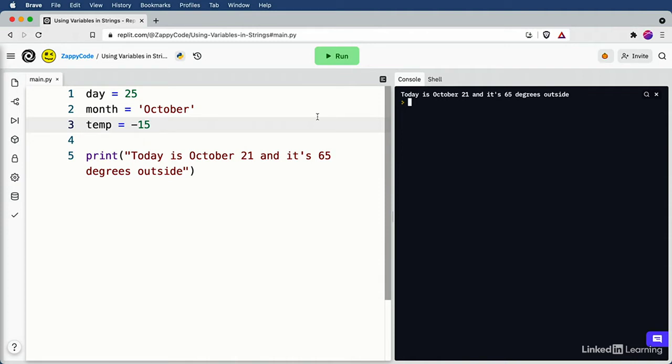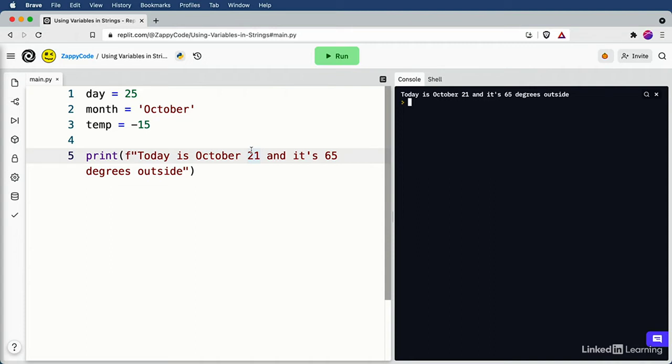Well, what we can do is use something called an F string. So in Python, at the beginning of your string, right before your first double or single quote, you're going to just put a lowercase letter f, just like this. So even before we do anything else, I want you to see here that if we run our code, everything still works. I know it seems strange. Oh, you just put the letter F and it's still valid? Yes, it is, because when you have that F, it means that now you can place variables inside of your